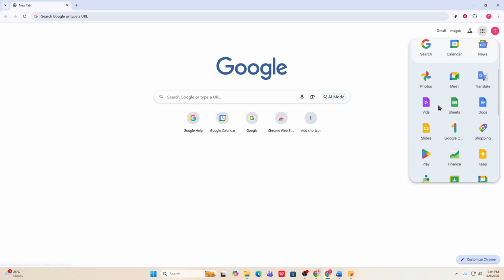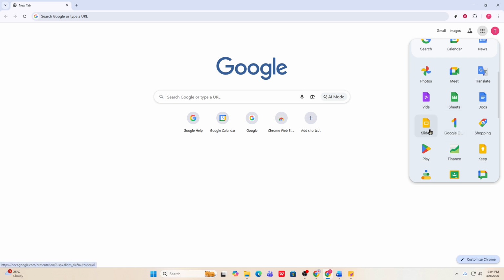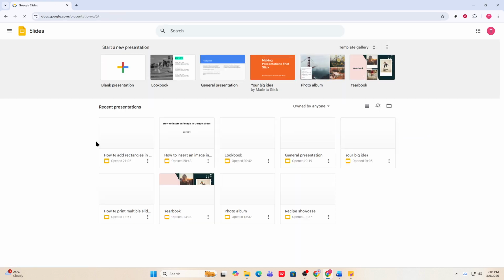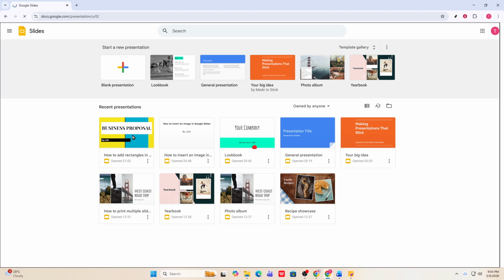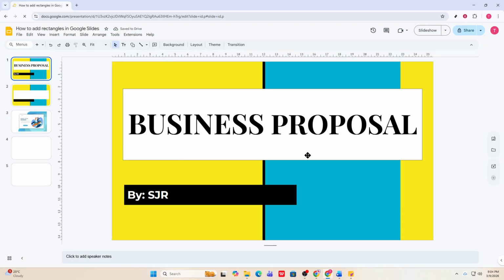Once Google Slides is open, choose the presentation you want to edit or start a new one if that's your plan. Open your file, then navigate to the specific slide where you'd like to place a rectangle. You can click the slide thumbnail on the left to jump right to it. If you don't see the editing toolbar at the top, make sure you're not in present mode so all the